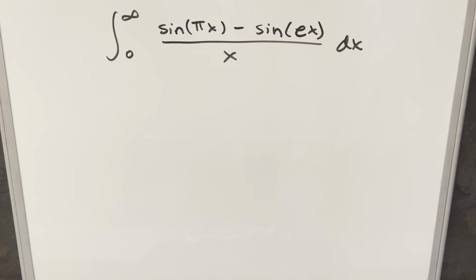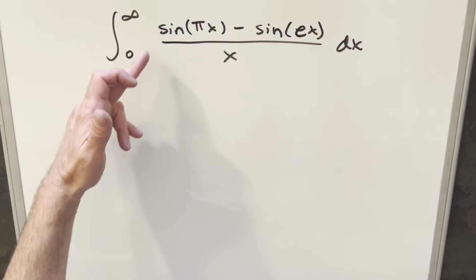Today we have a really strange problem here on the board. We've got the integral from 0 to infinity of (sin(πx) − sin(ex))/x dx. This one came up as it's kind of similar to some problems I did recently. In another video not too far back, I did a problem that was set up just like this, except instead